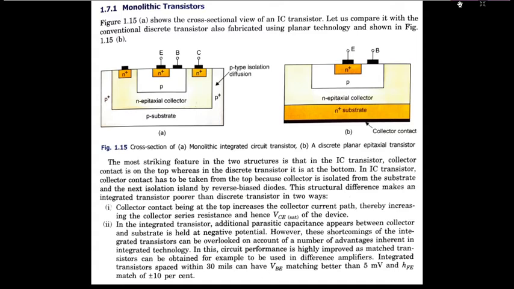Over the same thing, there is a certain minus compared to the discrete transistors or the diode, that the discrete transistors are not mounted on the same bottom, and therefore the temperature gradient effect is less observed compared to the temperature gradient effect that is observed in case of IC.